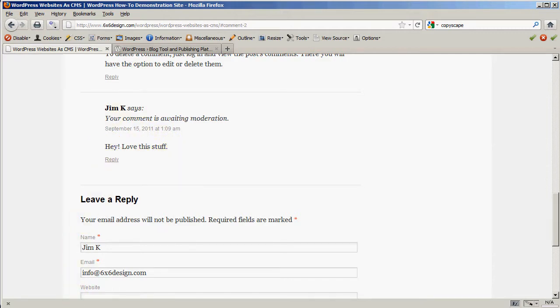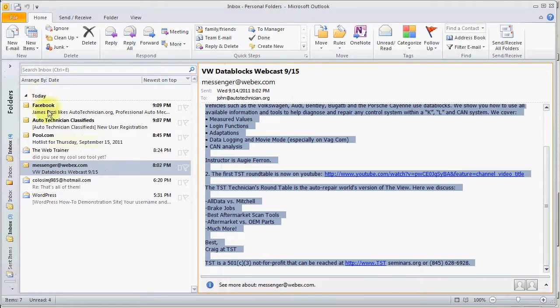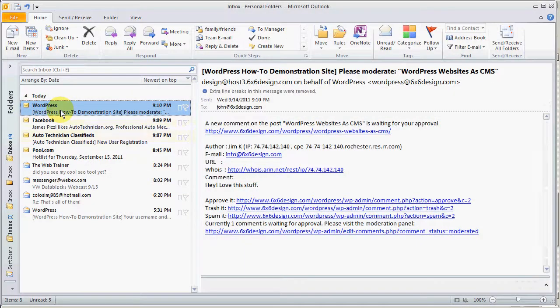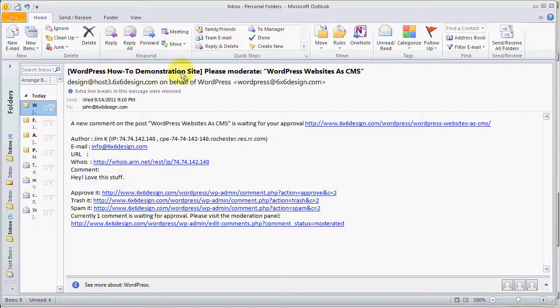Now what's going to happen is that you're going to get an email next, and as soon as that comment comes in, there it is, we're going to get an email, and that email is going to say WordPress how-to demonstration site, please moderate WordPress websites as CMS. So you as the manager or admin, whoever that may be, are going to get this email that says a new comment on your post is waiting for your approval, and this is where that post is. It's going to tell you who the author is, give you their IP address,